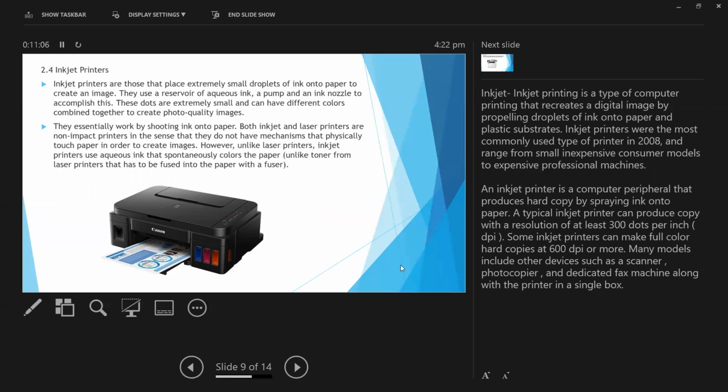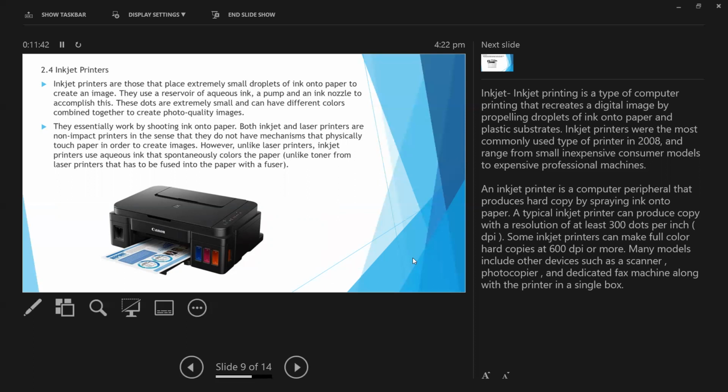Both inkjet and laser printers are non-impact printers in the sense that they do not have mechanisms that physically touch paper in order to create images. However, unlike laser printers, inkjet printers use aqueous ink that spontaneously colors the paper. Inkjet printing is a type of computer printing that recreates a digital image by propelling droplets of ink onto paper and plastic substrates. Inkjet printers were the most commonly used type of printer in 2008